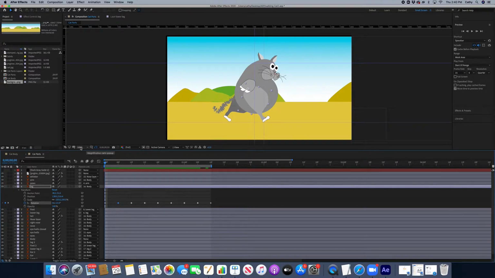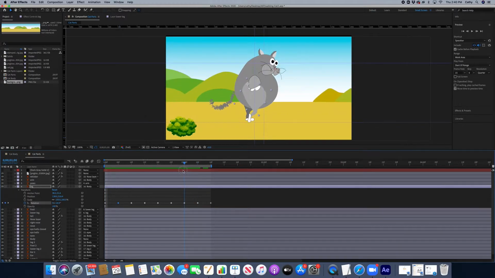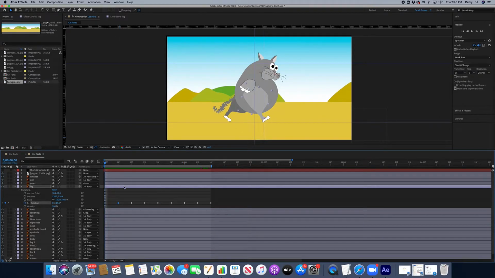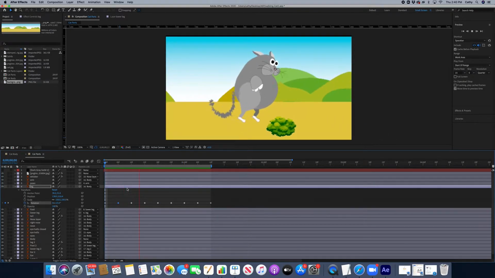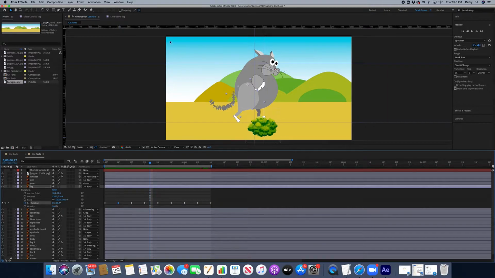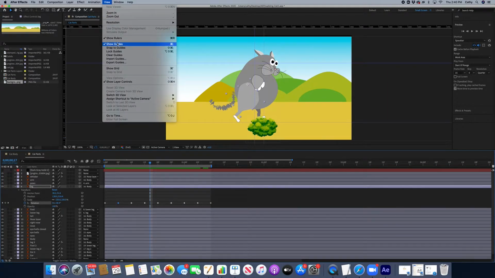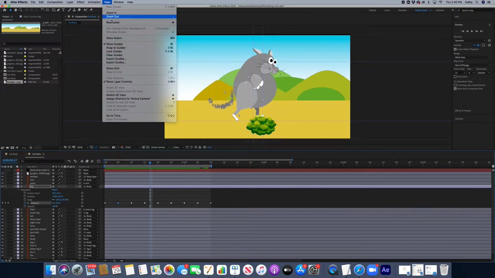All right, I'm also at 100% in terms of viewing the composition. The window's at 100%, which is fine. And so you can see here that I've got the little walking character. And the first thing that I want to pay attention to is I want to show you the importance of